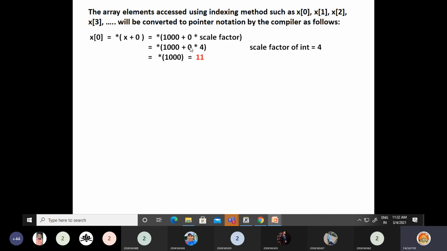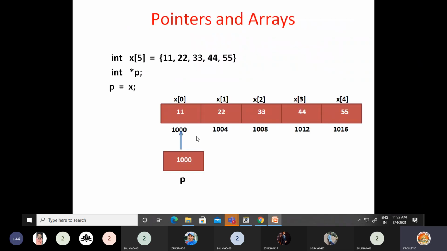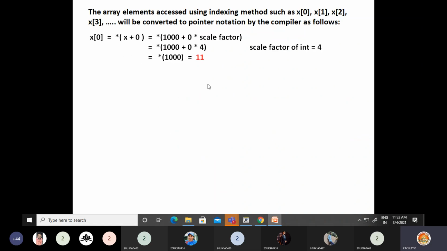It is nothing but 1000 plus 0 into 4 is 0, star 1000. Star 1000 means the value at this address 1000, which is 11. So 11 will be printed. Even if you say x of 0, internally it is taken as pointer notation. That's how we see 11 printed onto the screen.